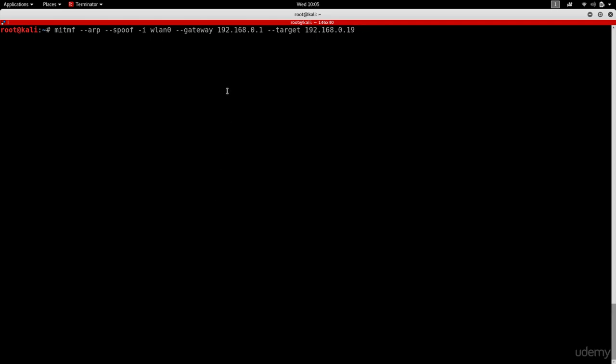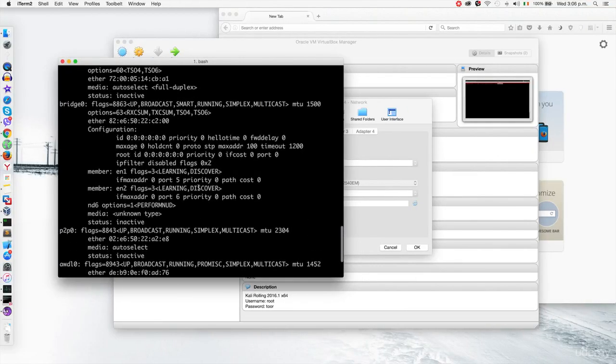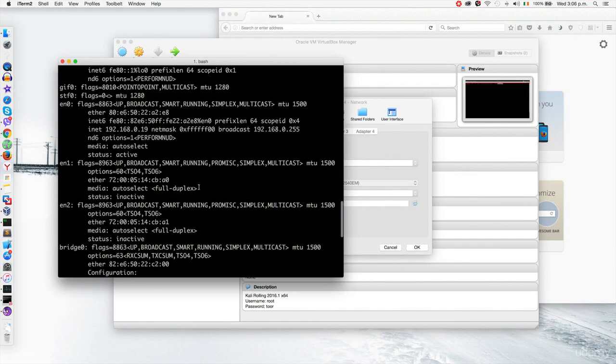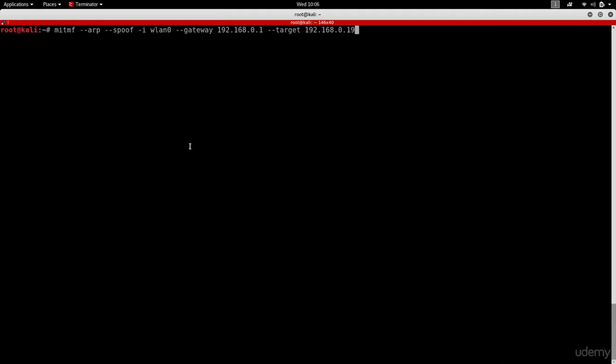The only difference is we're using different arguments. We're using LAN 0 because LAN 0 is the wireless card that's connected to the target network. We're using the gateway, which is the first IP of the same subnet that we have. And then we're using the target, which is this Mac machine, and we've seen it to be 192.168.0.19. I'm going to hit enter